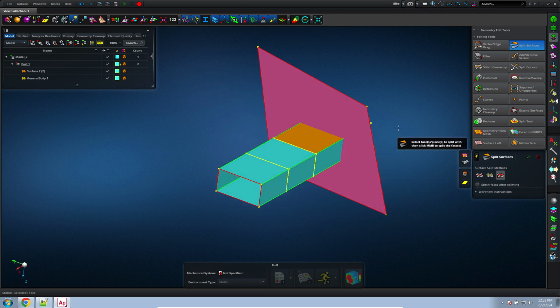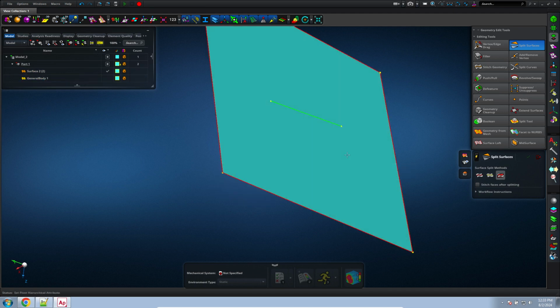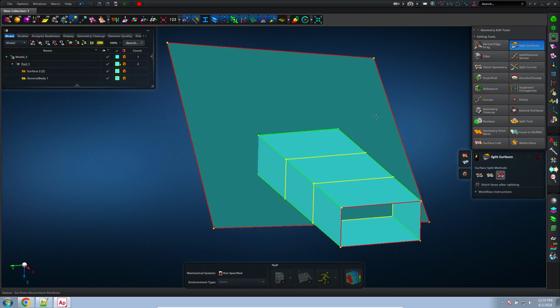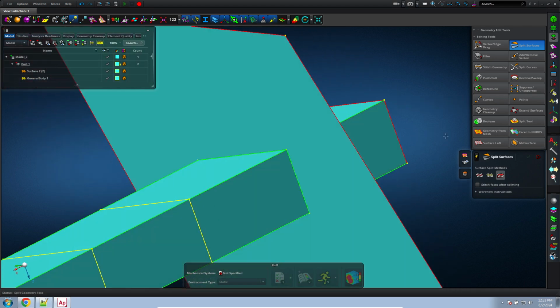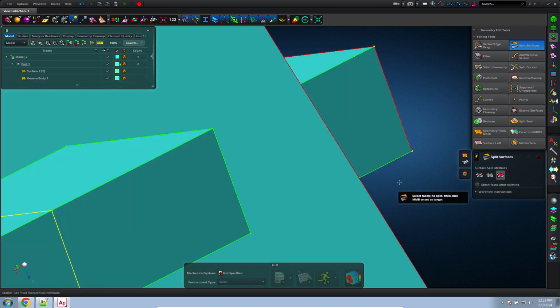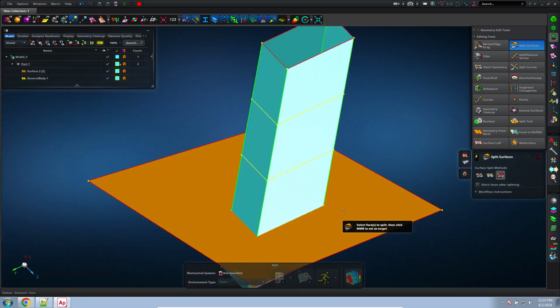So let's go ahead and click the middle mouse button. Now if we look at the original face, it now has a split. And we can repeat the process. Select the face, select the next face, and now we have a second split. So let me repeat that a few more times. So select the face to modify, click the middle mouse button, it turns purple. And let me do that again